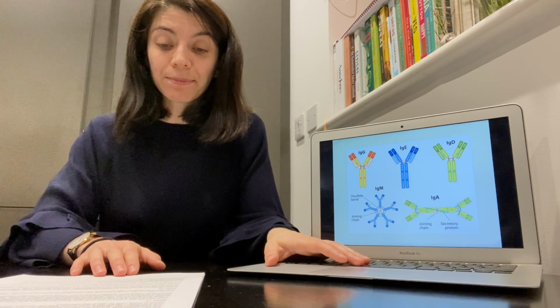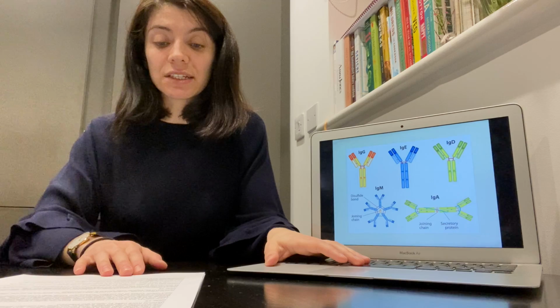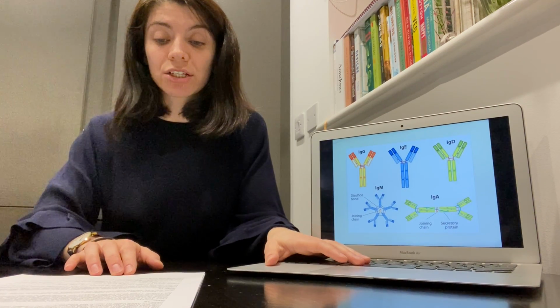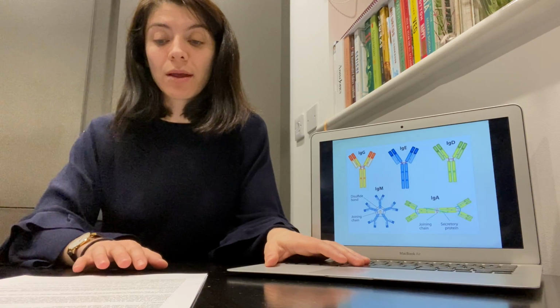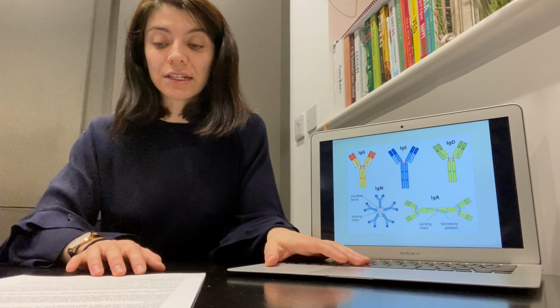Immunoglobulin M, the structure for this one is different, as you can see on the slide. It is the first to be synthesized in the antibody response. Immunoglobulin E is the largest, and if a person is healthy, there won't be many of these in their body. Immunoglobulin D is uncommon, and the function is unknown, but it is thought that they work alongside the B cells.